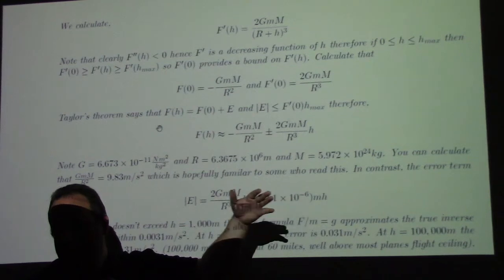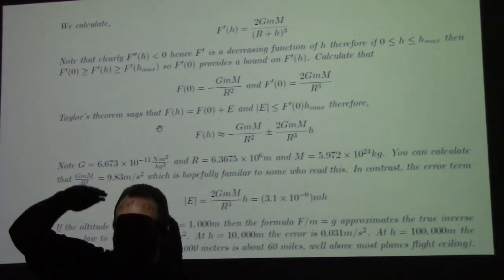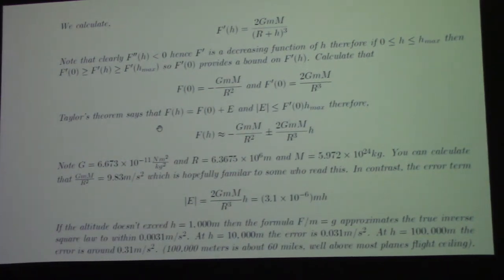So the approximation F equals mg is only for the surface of the Earth, and the further you go out, the bigger the error gets. This theorem I'm telling you about today, Taylor's theorem, what our lab is about, is actually the mathematics which allows us to quantify